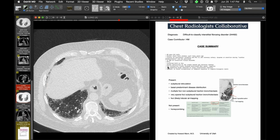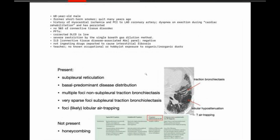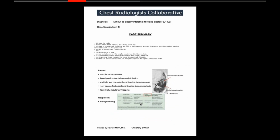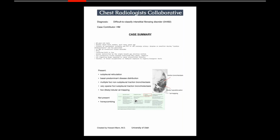So there is the clinical information. There were no clues there as to what this is, and particularly it doesn't have a connective tissue disorder. And I'll just make this big. In my report, at least with respect to UIP of IPF, I would choose the box that says CT indeterminate for UIP. So let's just go on now to, if I can make it advance here,